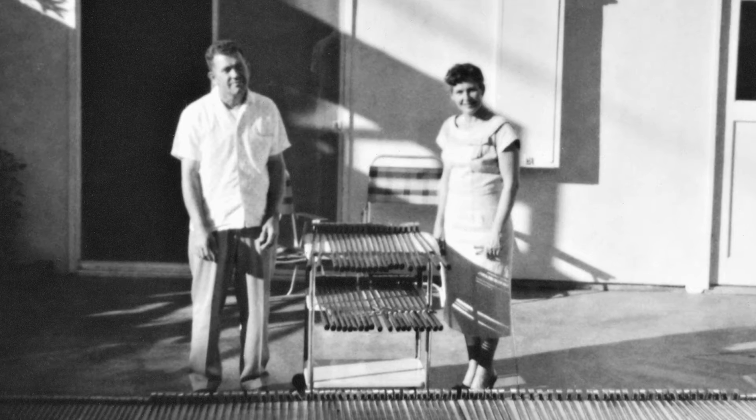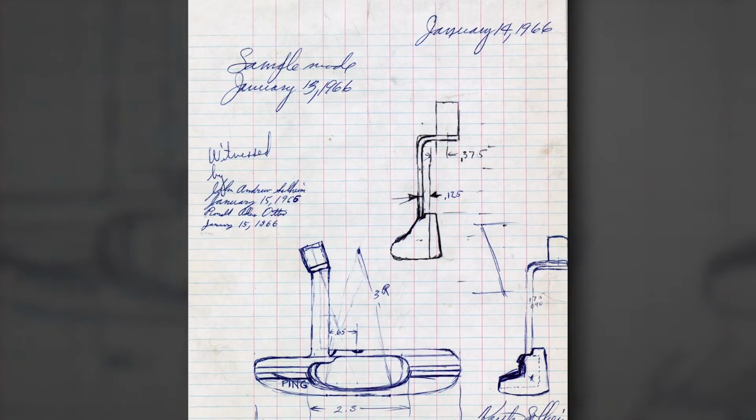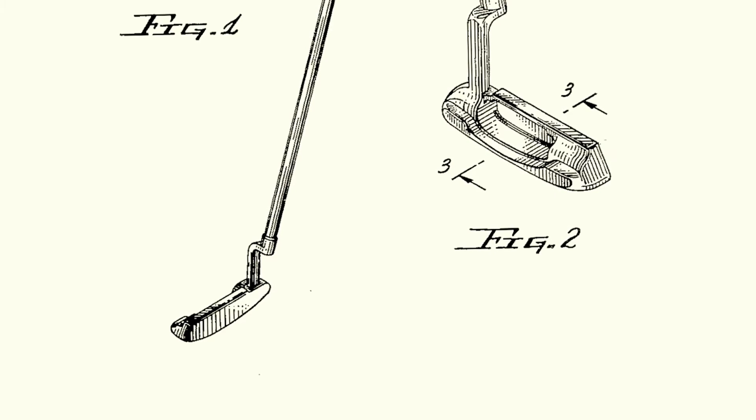My dad was looking for an answer for another putter out there and started designing in his mind what it would look like, how it aligns the parallel lines front and back, and then that little square hosel setting up perfectly behind the ball. All those ideas were very novel and unique to him. It's amazing that he was able to achieve the design he did and the precision he did with the tools